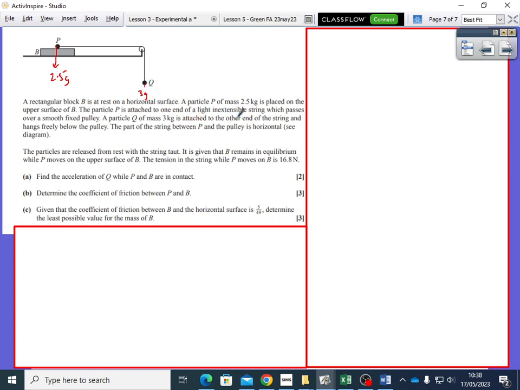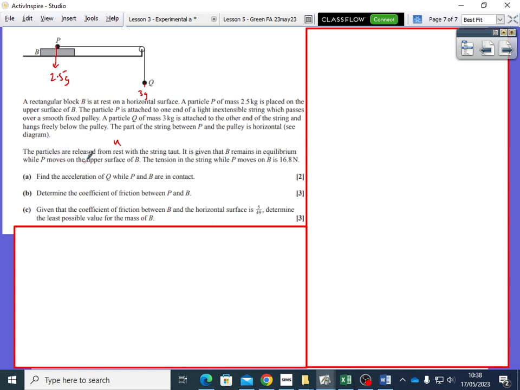Okay, and this is attached to the other end of the string and hangs freely below the pulley. The part of the string between P and the pulley is horizontal, so that part is horizontal, and there's no indication otherwise, so it's all taut. The particles are released from rest. I'm just going to put u there. The string is taut. It is given that B remains in equilibrium